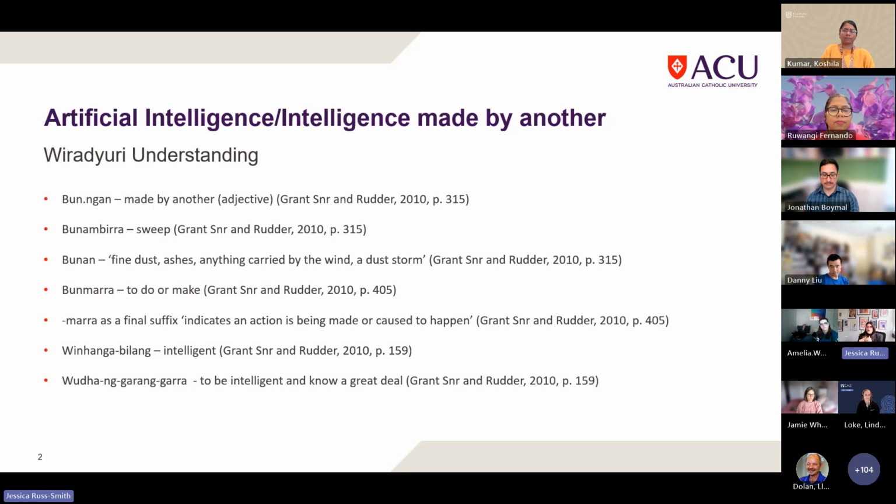And then I looked to the Wiradjuri terms around intelligence and knowing. So there's winanambilang, which means intelligent. And then there's wurang garangara, which means to be intelligent and to know a great deal. So the way I come to understand is that AI is kind of like this big broom that is sweeping up the dust, the knowings in the world, to pull it together to make sense and to know a great